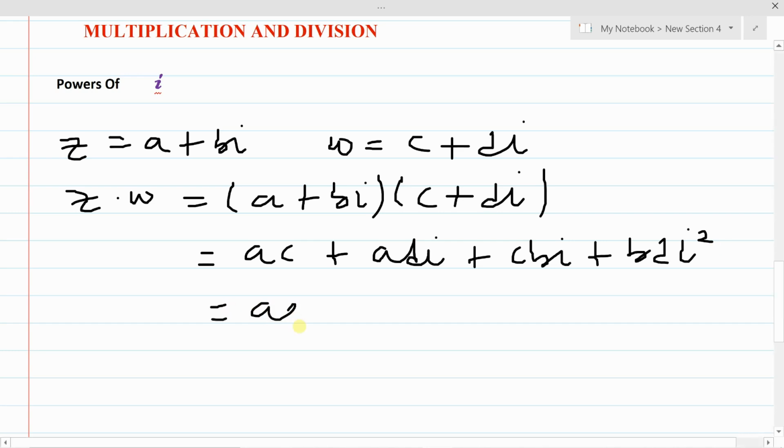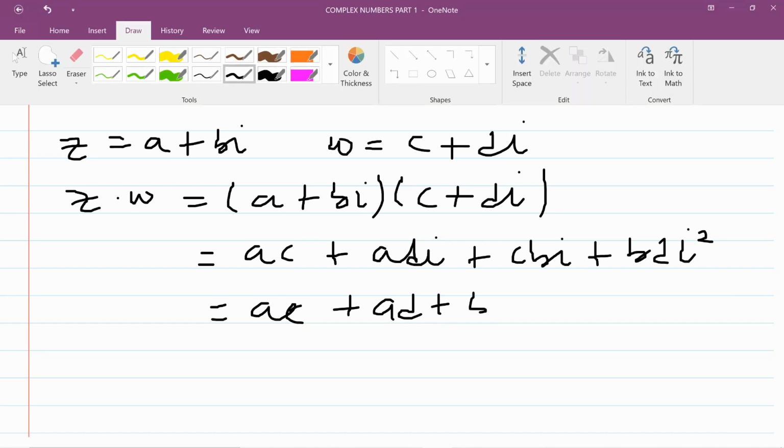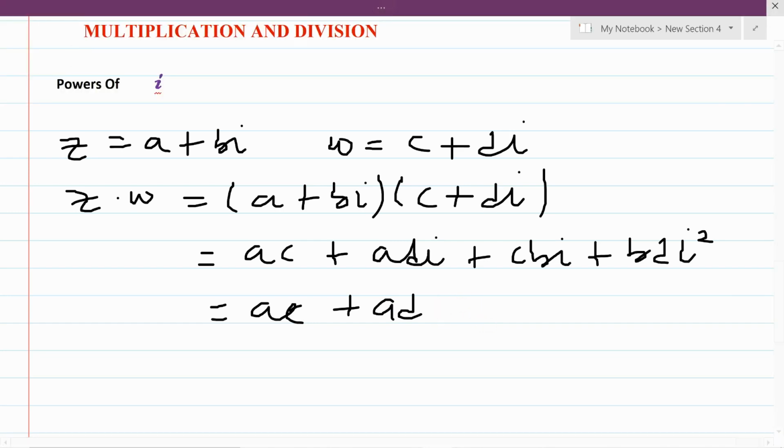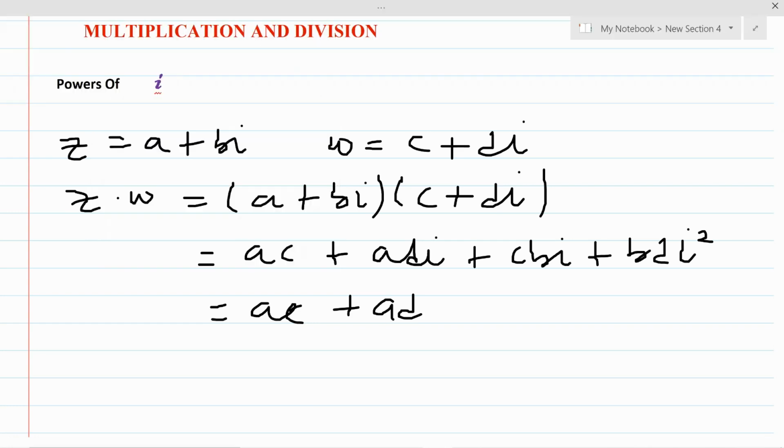Look at this, ac, plus ad plus cb or bc, I'm sorry, it's ad. The reason why I'm doing this is because I have adi here, I have bc or cbi here. From this I can add them, because in complex number addition you just add the i components, and then you add the real components. So it becomes ad in bracket plus cb or bc, anyhow you want to write it. Multiplication is commutative. Then i, then